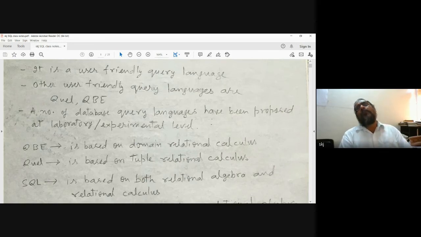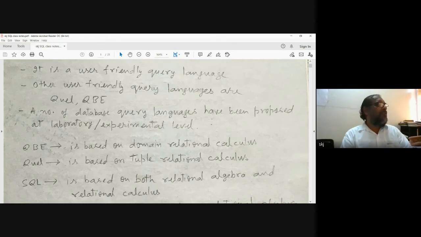If you go to any mall or any shop, many people say it is very user friendly. The objective is that it is easy to use. Not much technical background or knowledge is required here. Some necessary knowledge is a separate question, but not so many detailed technical issues. So it is a user-friendly query language.